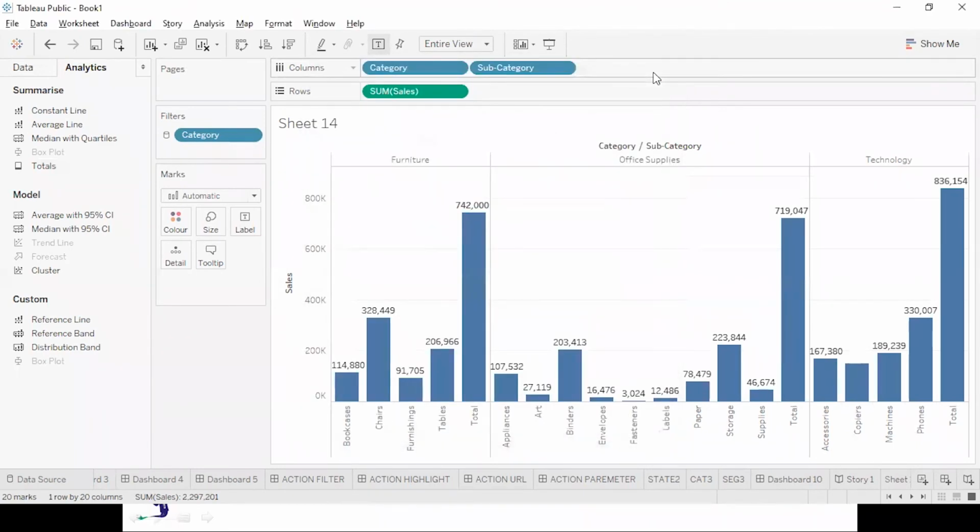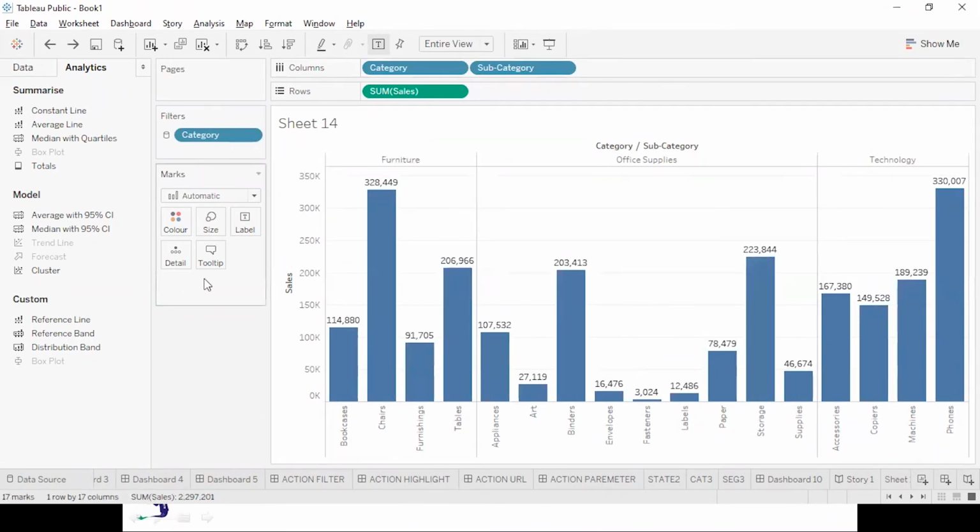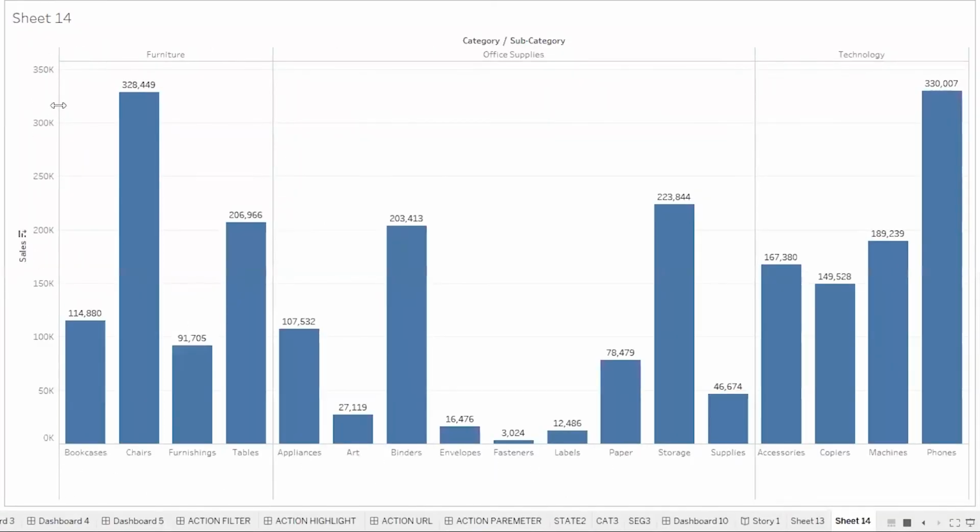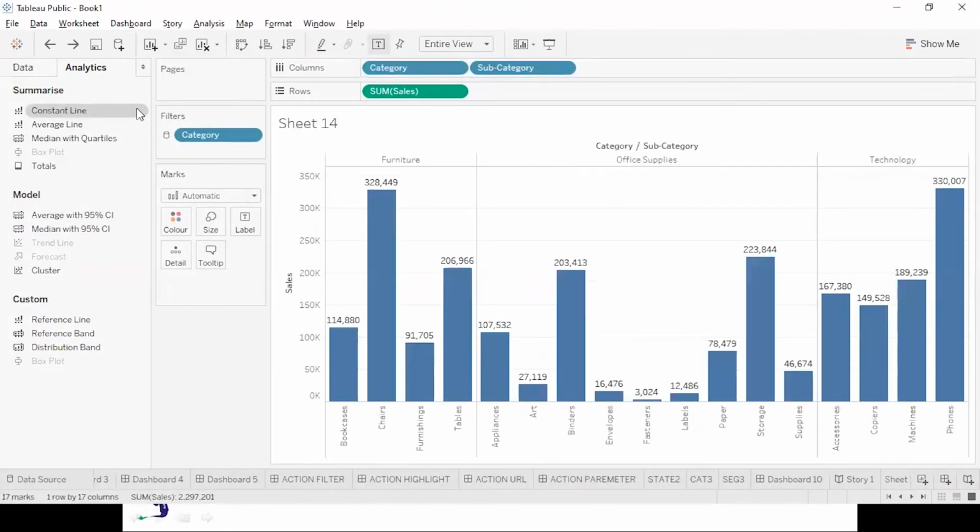It is going to 742,000. We don't want this. We want that my axis should not go beyond 350,000. So I can just click on the pin icon, fix axis.